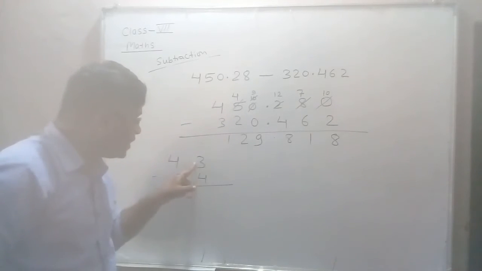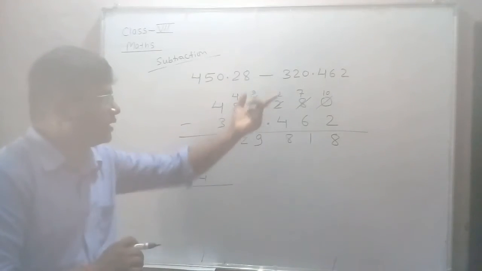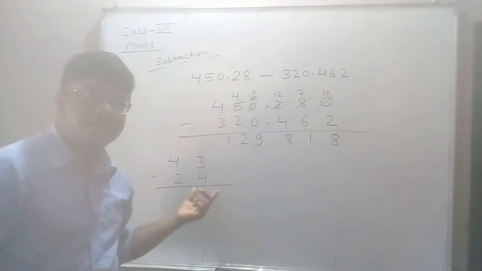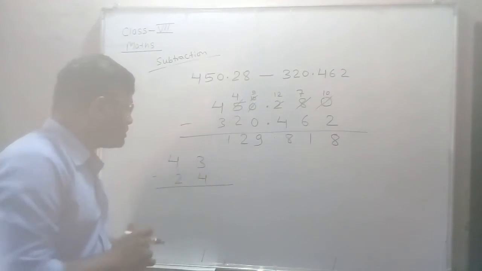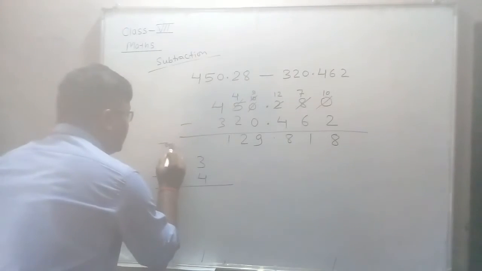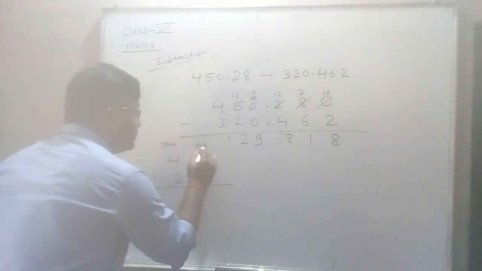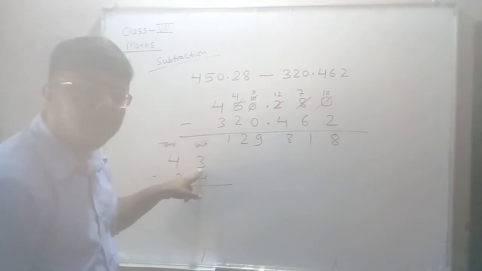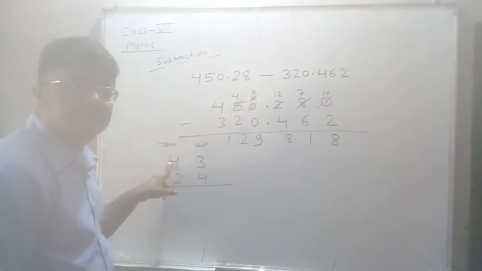Yes, so from 3, 4 cannot be subtracted. Here I am giving such an example. From there the 4 cannot be subtracted here also. So this 4, actually it is in the ones place and the other is in the tens place number. Okay, so the unit place digit will ask to borrow from the tens place digit.